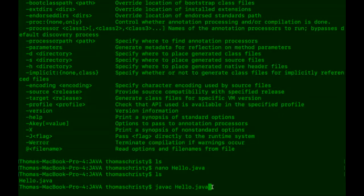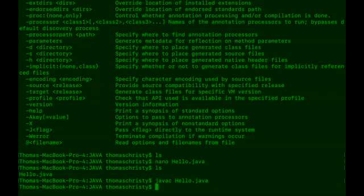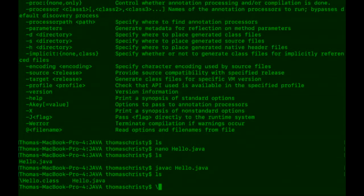It will just go, good on you, you've done it. So let's hope. I might get an error, I might not. So I've got no error, so that means mine was fine. Now, if I type in ls or dir if you're on a Windows machine, you can see that there's now,